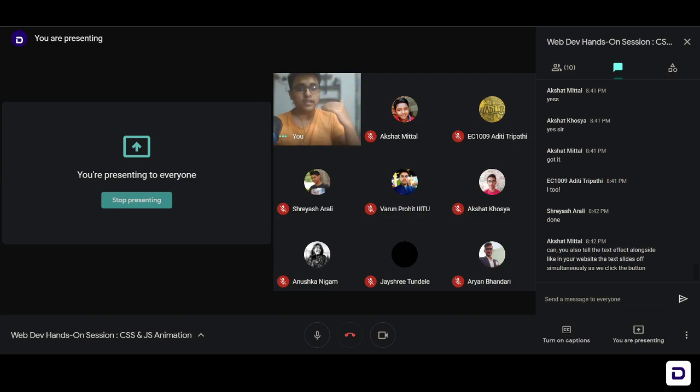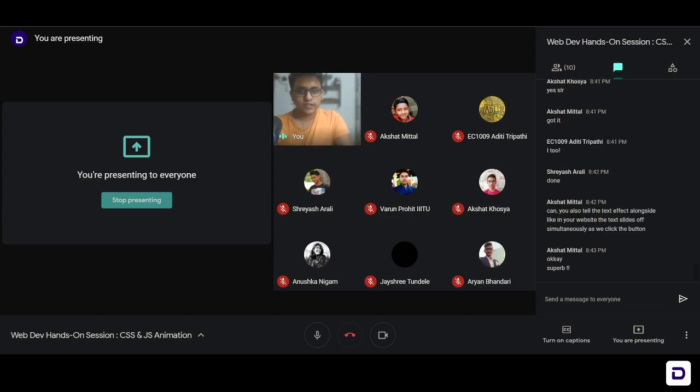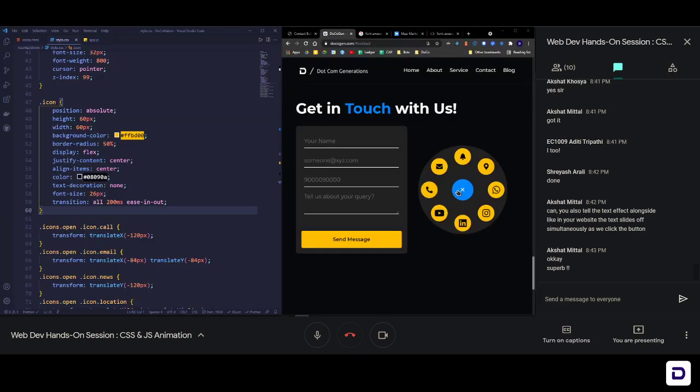Translate Y, something like minus 100%. See, it just goes away. So that's the sliding animation. It's based on one class only. So you create the initial state, you create the final state, you have a dummy class, and it just happens. This is what I was talking about. You click on it, it slides off, and then it comes back in. So that's the animation. Two animations, hover and sliding.